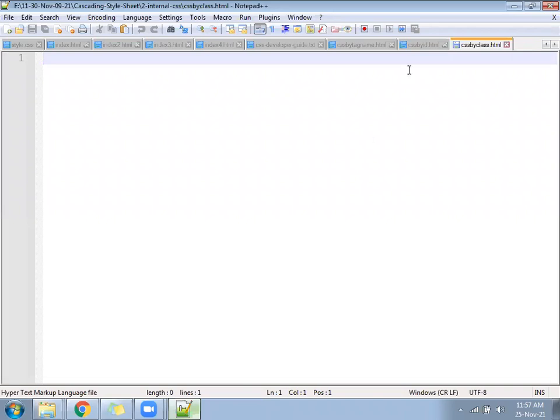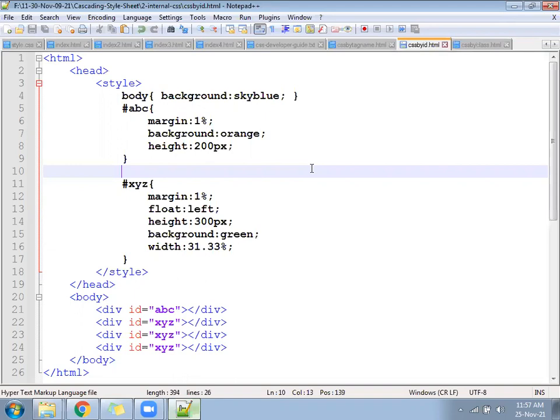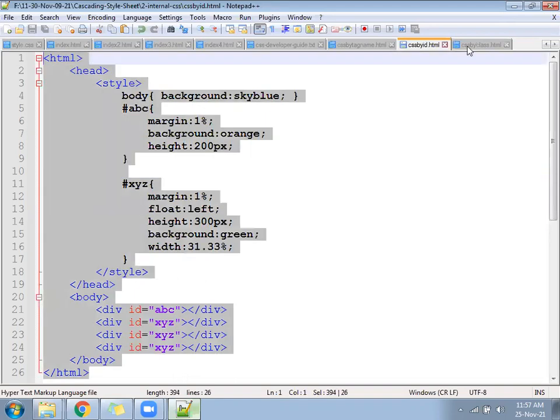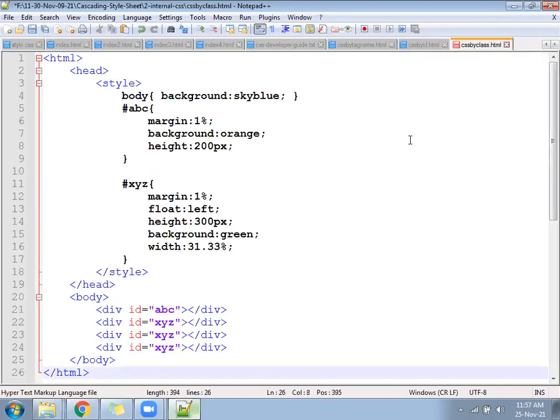We'll take the copy of the previous file. The one you have written by ID, you can take the copy of that.